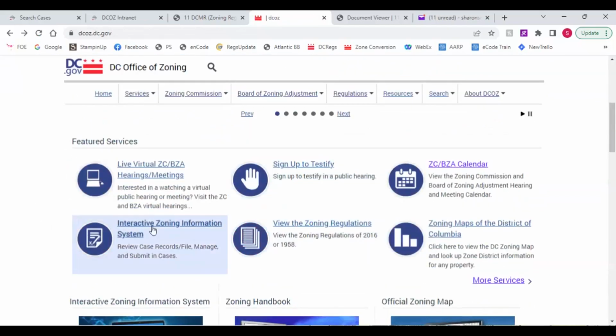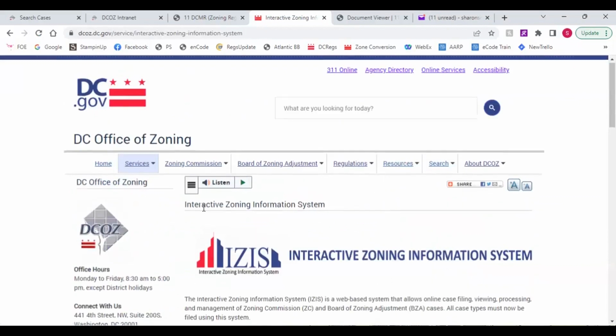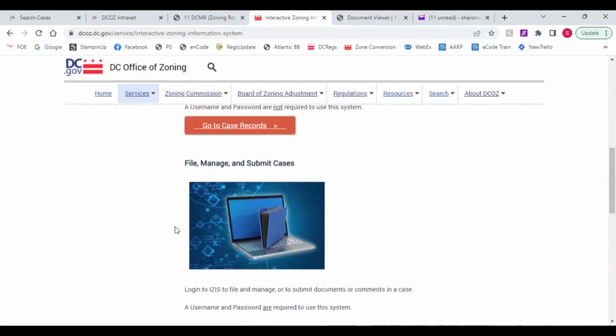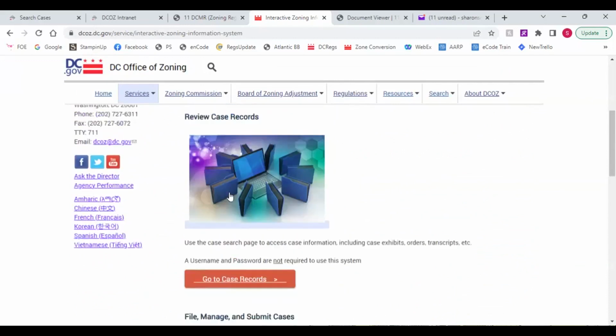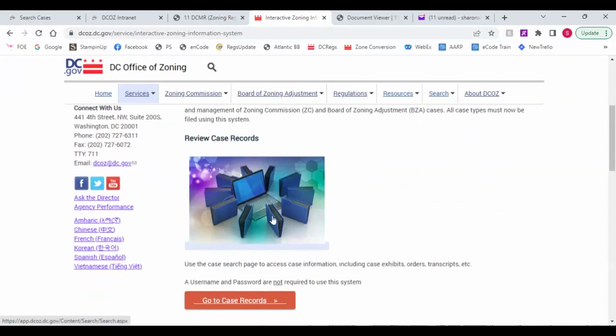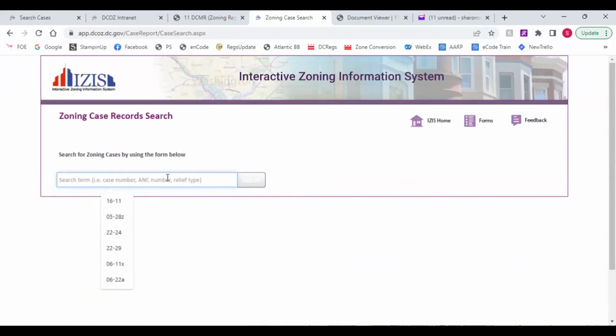Going back to the home page, this is the ISIS logon that we talked about. So you just click here, and this is where you're going to get those two icons, or pictures, we showed you. So if you want to go here to review a case, can you give me a case number for a BZA? BZA case number, Kira? Sure. 20869 coming up this week. 20869, okay. So once you put the case number in and you click on search,